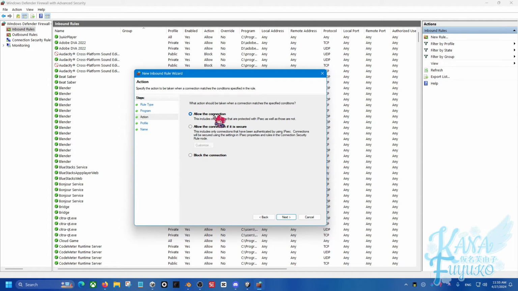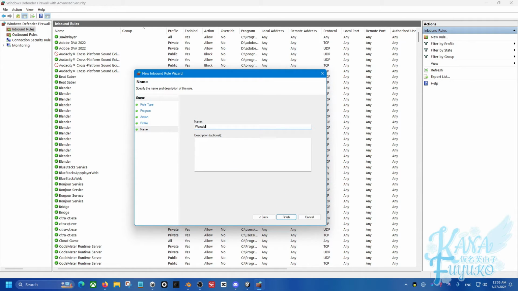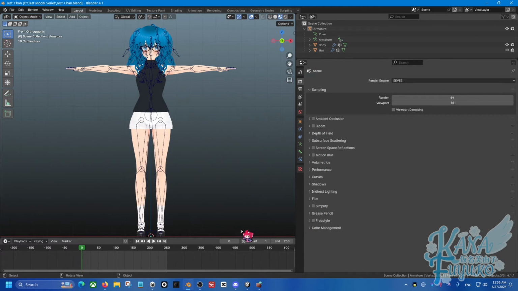Then you're going to make sure to allow the connection. You could, of course, allow the connection if secure, but honestly, it's best to allow the connection, so that way your iPhone can work with Warudo or VSeeFace or VNyan or whatever program that you're using. Press on next, and then you can leave these all active unless you have a preference, but I usually leave those active, and then press on next. Then I give it a name, let's say Warudo, and then I would press on finish, and then that's pretty